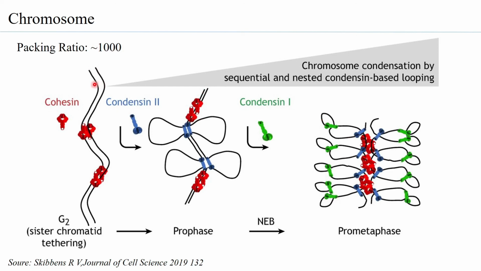So you can see how from a naked DNA, you have slowly and gradually the DNA becoming more and more packaged. When the packing ratio is 1,000, you will not find the genes being expressed at all. So with higher compaction, the gene expression will definitely become negligible. So let us make the conclusions.